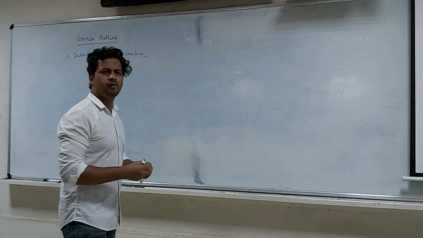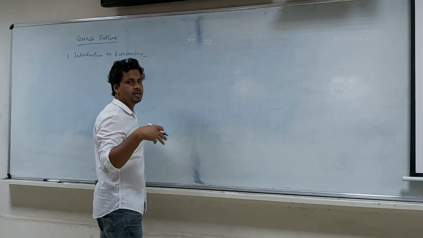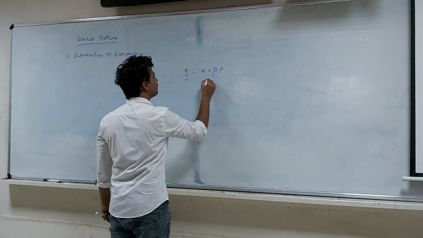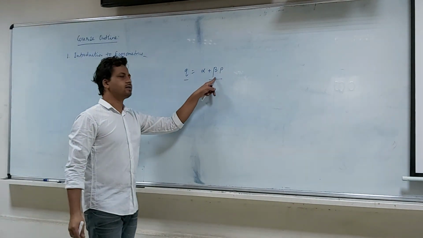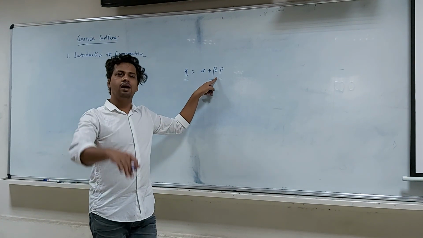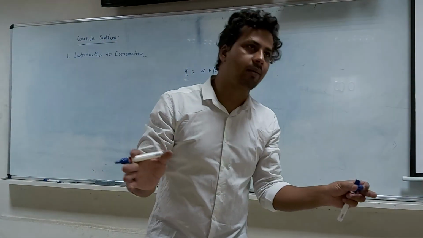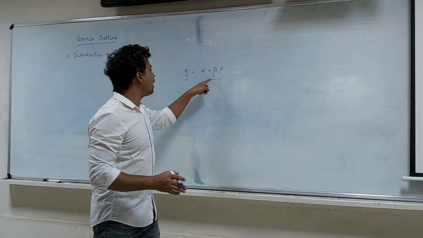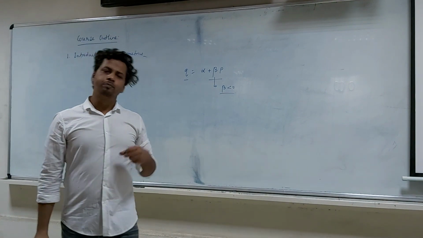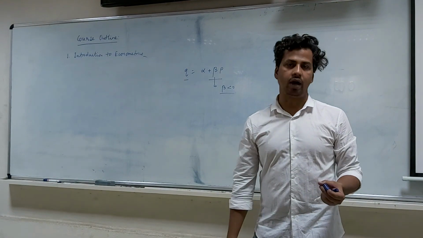And one of the most generic forms of writing this equation is, if Q stands for quantity demanded and P stands for price, I write a linear demand function like this. Then we test the sign of this coefficient beta, and what we are claiming is that the demand curve is downward sloping. You must understand that there are exceptions to the law of demand, but I'm not talking about them. In the general sense, the demand curve is downward sloping, so I expect this beta to be less than 0. So before any statistical analysis is done, a precise mathematical formulation is required.